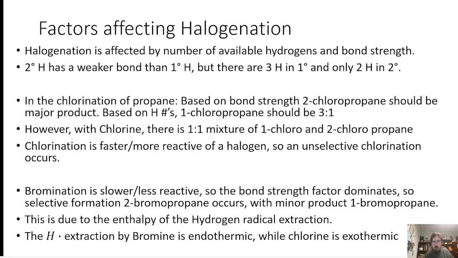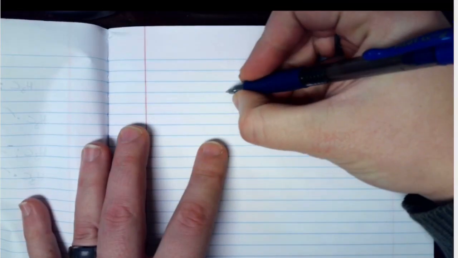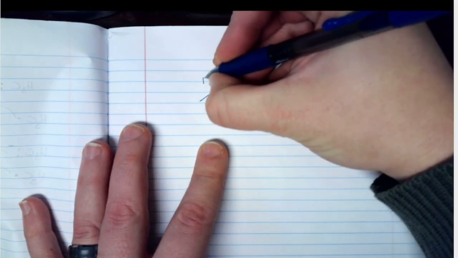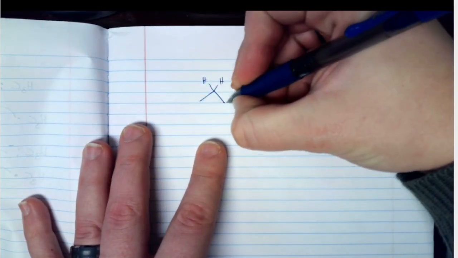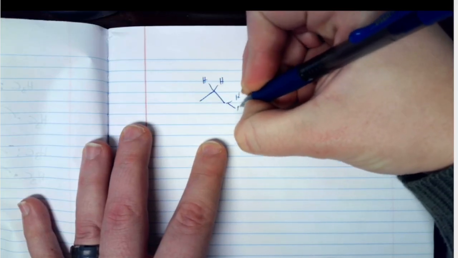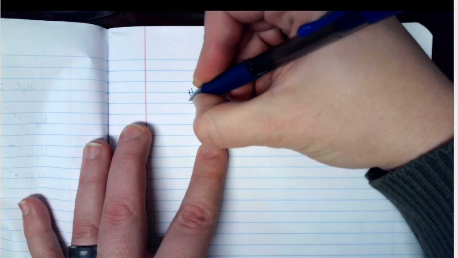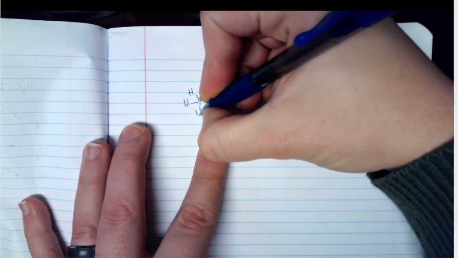I'm going to quickly hop to chloropropanes so we can see that. So, looking at this, chloropropane, we have 2 hydrogens here, but it's not 3 hydrogens, but 6 hydrogens because of